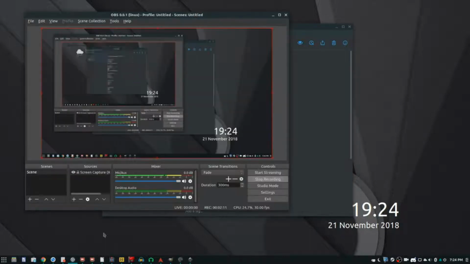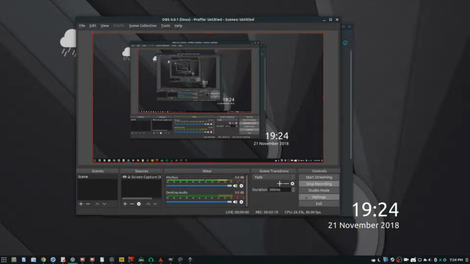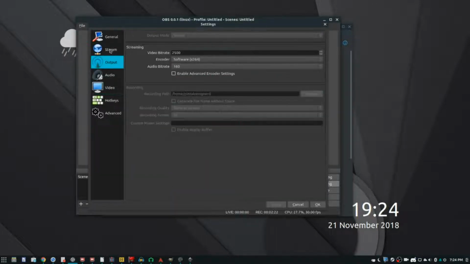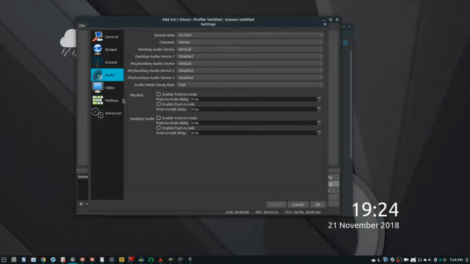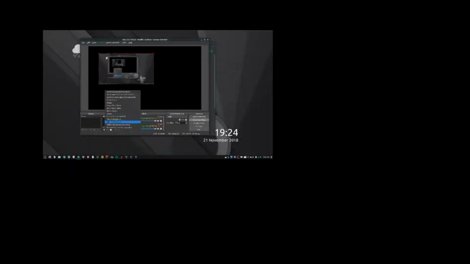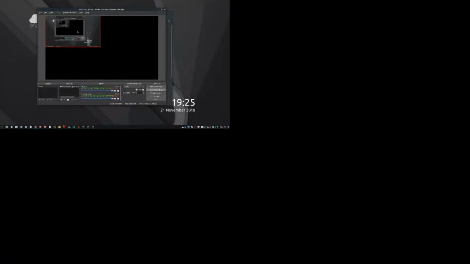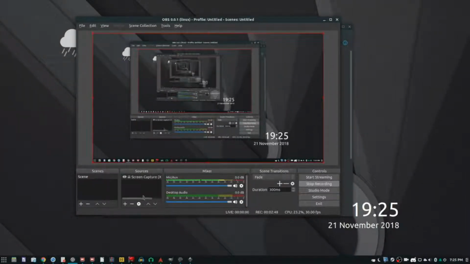So there's also OBS. That's what I'm using to record right now. This one is supposed to be as customizable as possible, but it can get complicated. You can also do this, like move around your video stuff, and you can add in some text to your video. I'm not sure where that text is, but you could just customize the way your video looks a lot. I'm just sticking to the basics here, but if you really wanted to, you could